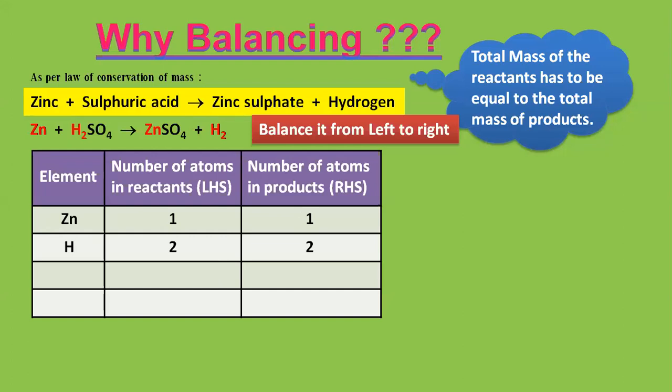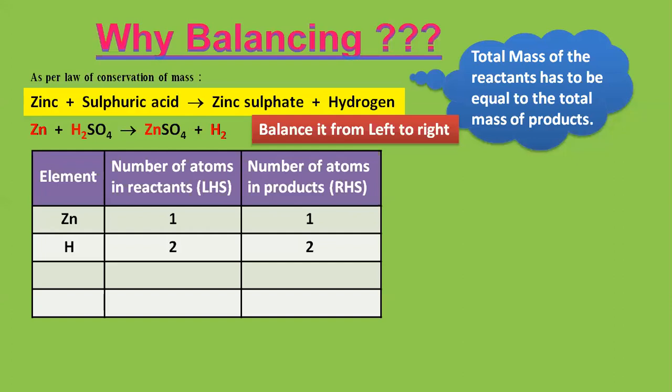Next element. Now you might be thinking that, ma'am, it is sulfate SO4 together. No. Remember, whenever you are balancing, you have to take every element as one single. You cannot combine 2 elements together, even if it's a radical. Now listen to me carefully. What am I trying to explain here? SO4, if you see in the valency chart, it's a radical of sulfate with charge negative and valency 2. Can you all see that? You can just refer to your valency chart right now. You all can see that there is sulfate, which is SO4 together. But when you are balancing, you are supposed to write every element as one single element.